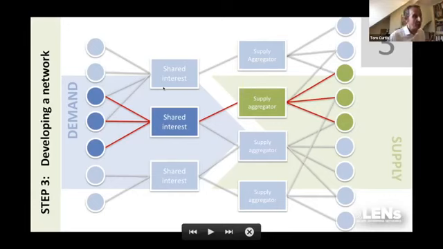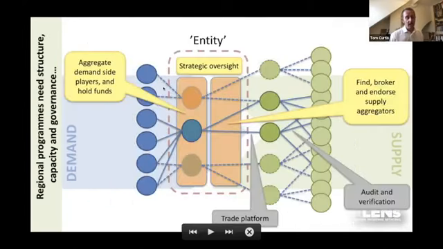I'm aware that I'm running short on time, so those are the key 3 steps within the Lens process. That's opportunity mapping, building the first value chain, and then building that into a network of trades. And essentially, I'll flick through the remaining slides. So within Lens, as you start to get that complexity of multiple trades, you need governance, something we're absolutely working on.